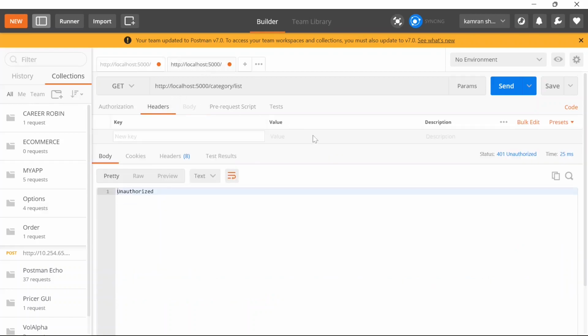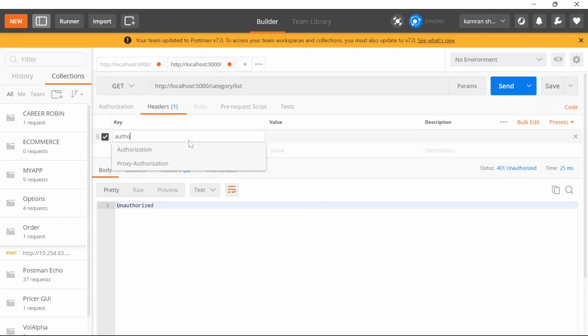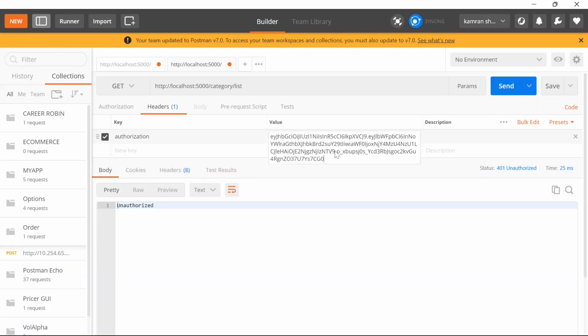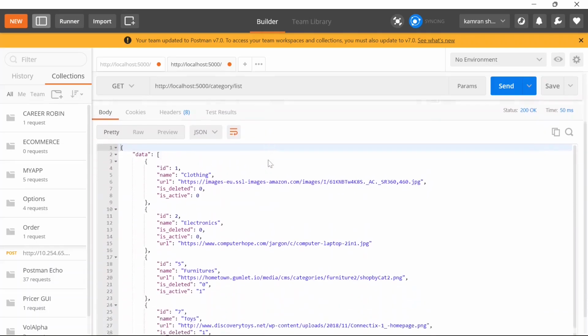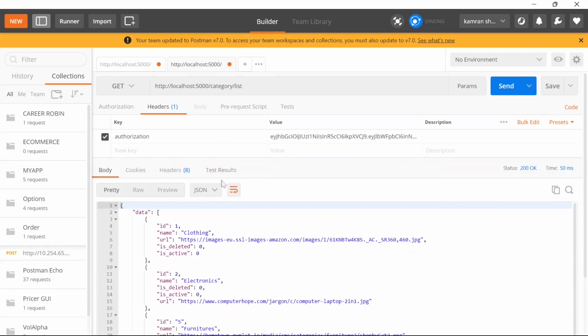And in this header, we have this key and value. If you remember, this key should be authorization, which we are checking in our middleware, and for the value you can simply put this token. So when you add this token, you can see that we are getting the data in the API, and this is how you are going to add this token in all the APIs